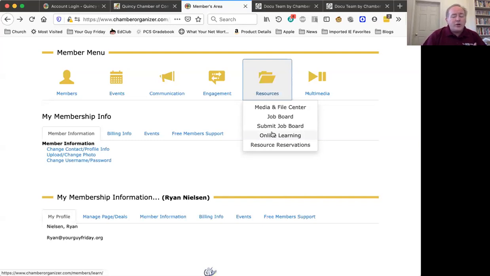It will also allow you to view and print your certificates for any completed courses. And then resource reservations. If the Chamber has resources that they're making available for use or rent, they can put them on here. And this is where you as a member would have a quick link to access the schedule to reserve those resources. A couple examples might be maybe the Chamber has a boardroom that can be rented or